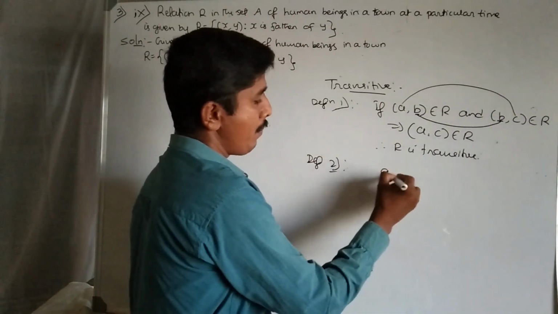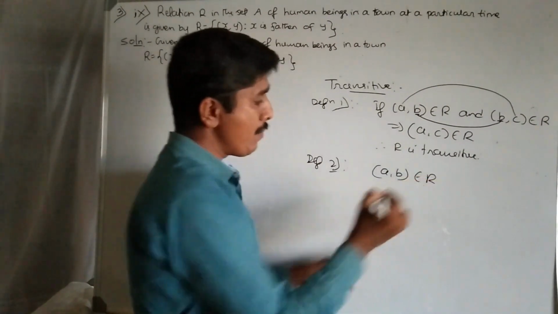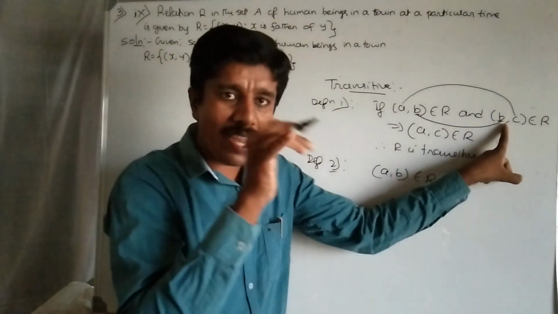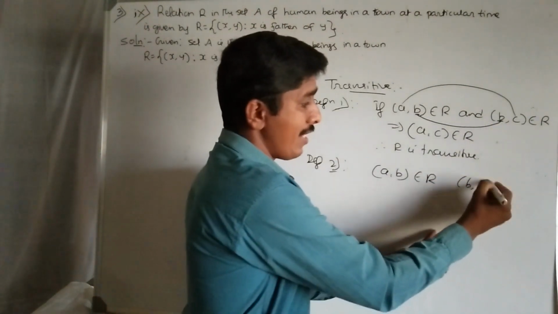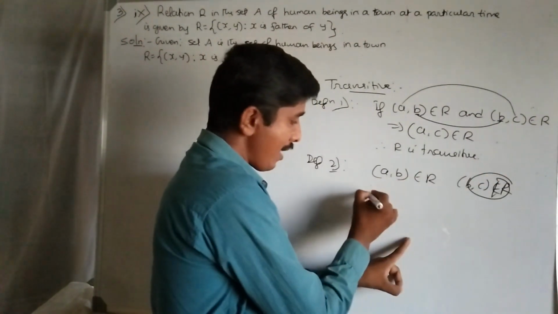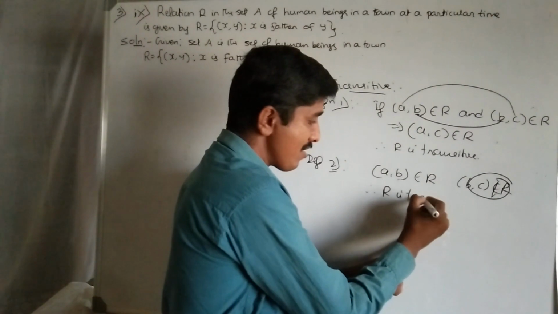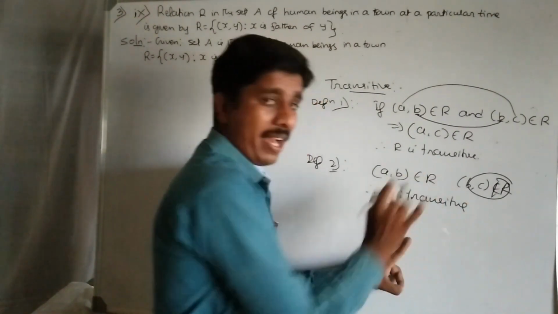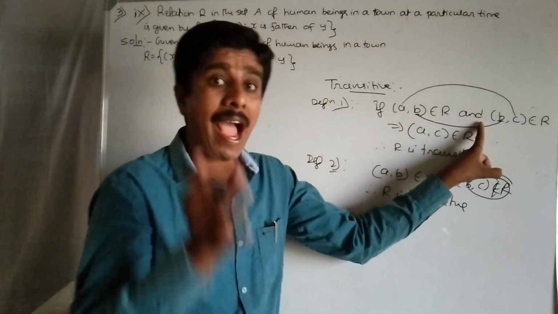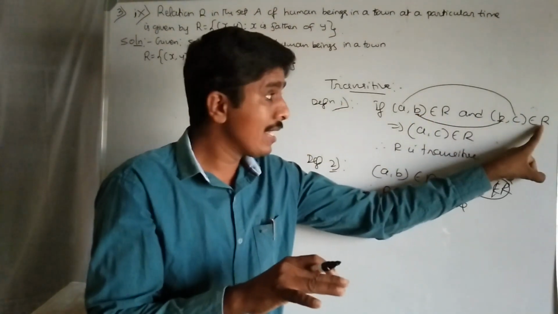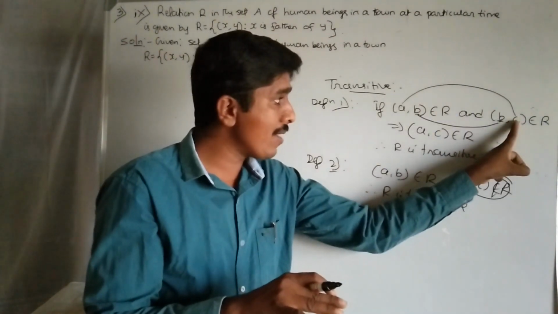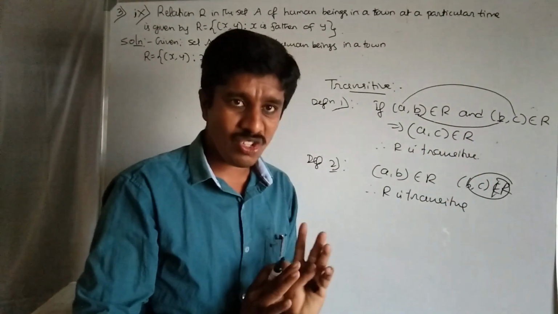Second definition, this is understood. If (A, B) belongs to relation, only one element belongs to relation. Suppose there is no ordered pair (B, C) in the relation. Here (B, C) doesn't belong to relation. Not in relation means this ordered pair itself is transitive. R is transitive, mind it. I gave this definition, so this is understood here. (A, B) belongs to R and (B, C) belongs to R, yes, your first element equals your second element, then (A, C) belongs to relation, which means the relation is transitive.